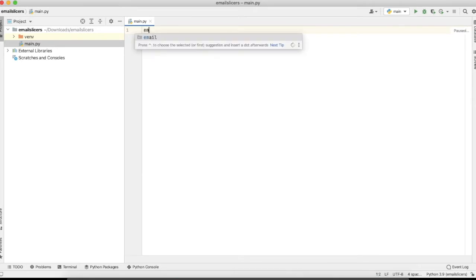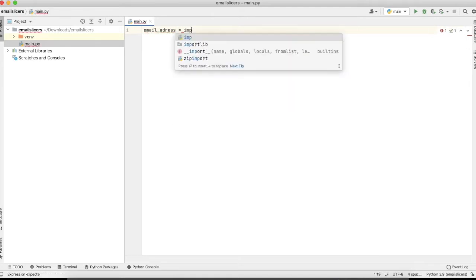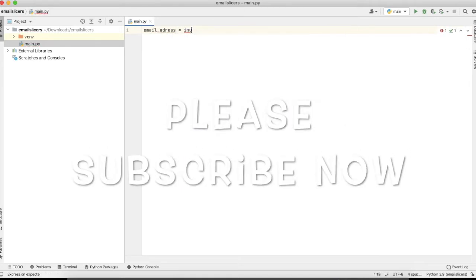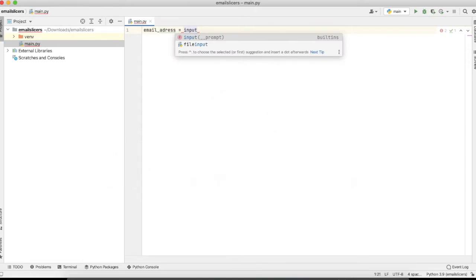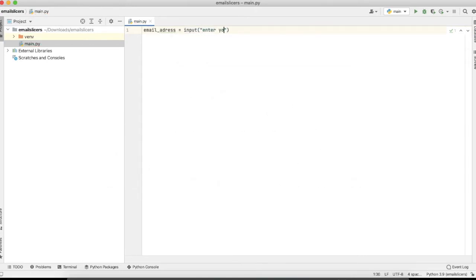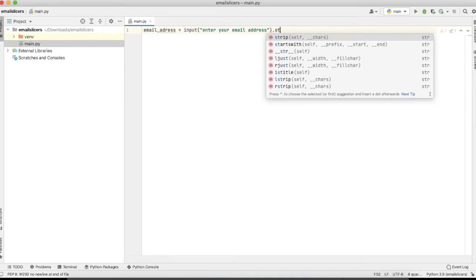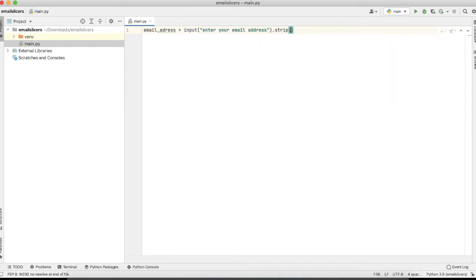First I'm taking one variable like email address and taking input from the user: enter your email address. And here I will use the strip function. This will help us to remove all the unwanted spaces.